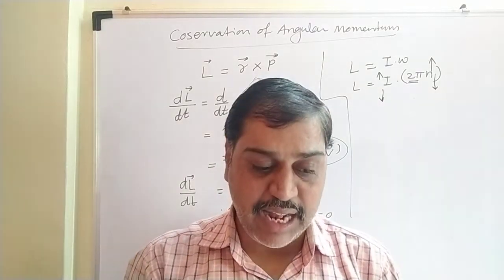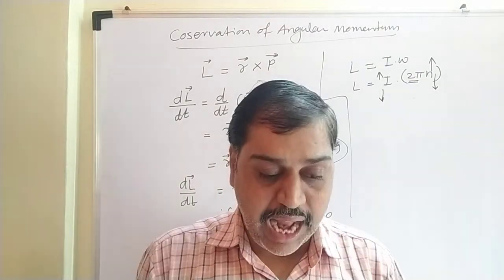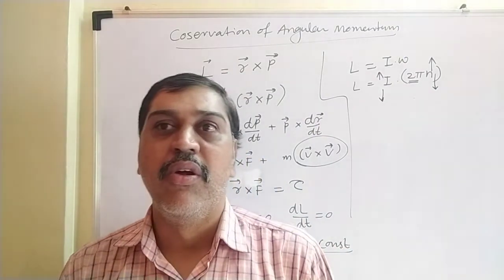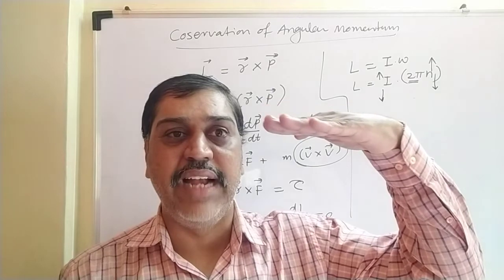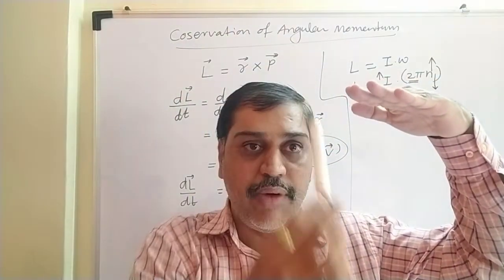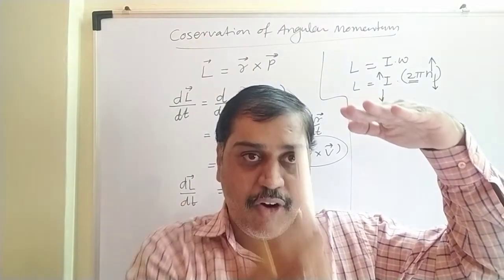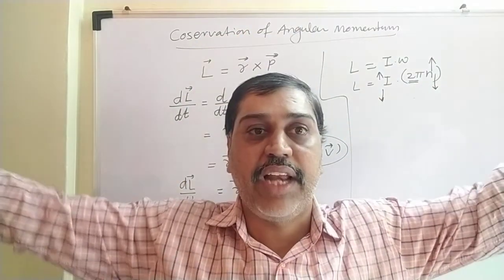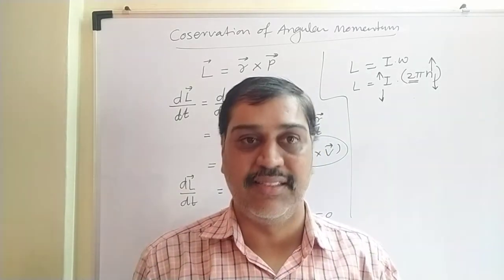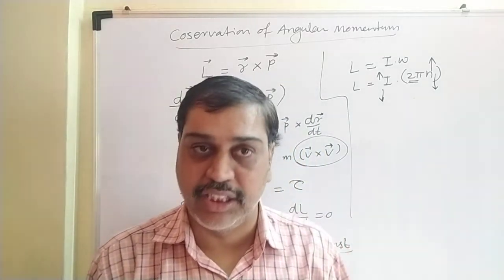Same thing, there is another example they have taken: diving in a swimming pool, or during a swimming competition. What the people are doing, they go to a certain height, and this man is standing here and just jumps from here and falls down in the water. When he jumps and falls down in the water, initially he stretches his hands. Stretching of hands means what? Moment of inertia increases, okay, because the radius of gyration gets increased.